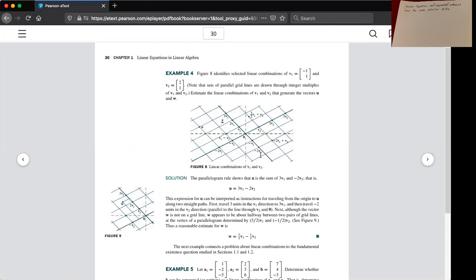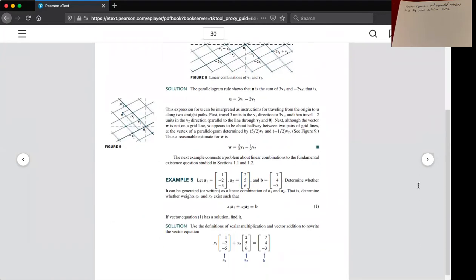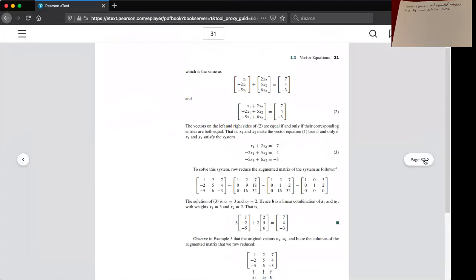So you can use this grid or a grid-like thing to read that off. Just find where your given starting vectors are and then locate what you're looking for based on that grid. Okay, that grid can be very useful. All right, now the next thing I wanted to show here, let me skip ahead a couple of pages,